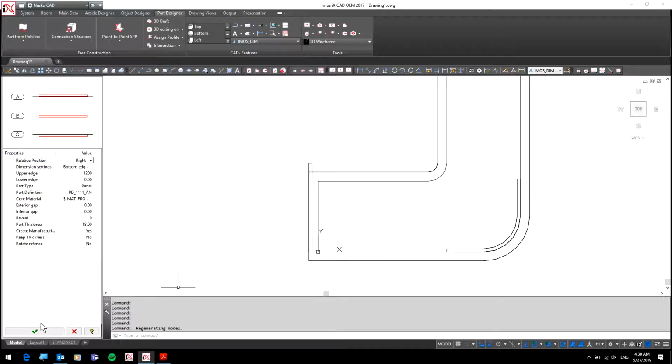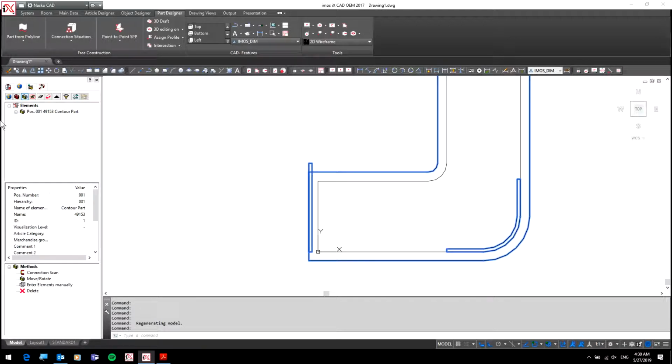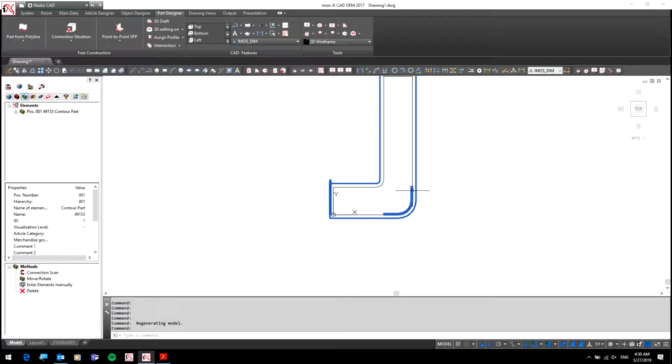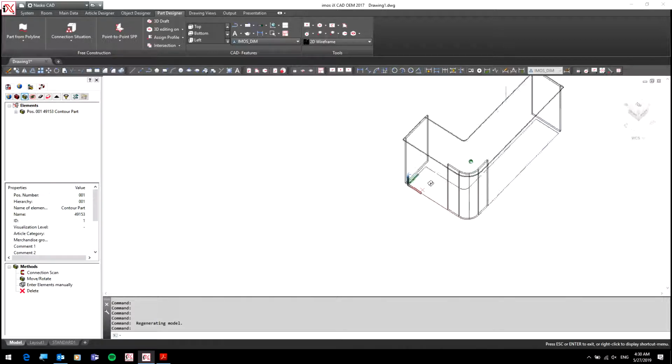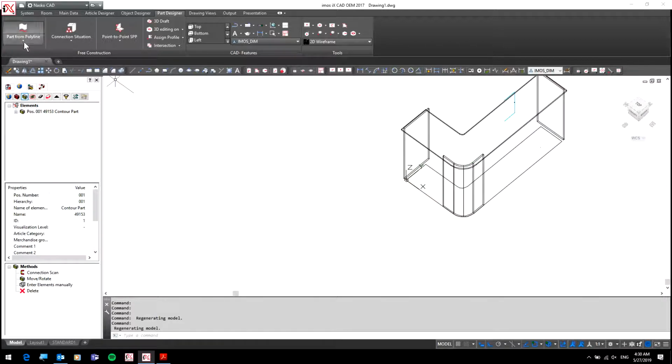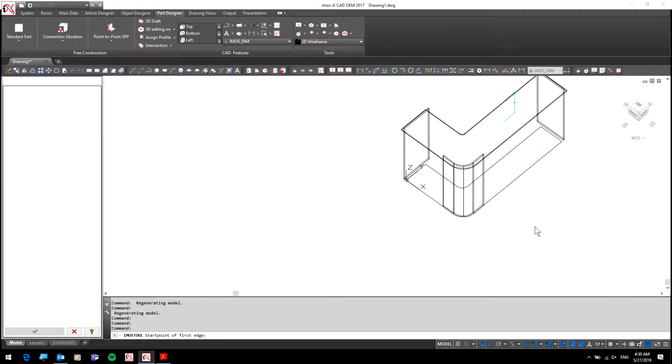And then we click OK. Then we have again one article, and what do we do? We can create a standard part, but first we need to click the cabinet. So click, say standard part, and then for the standard part you go left click, and then it will ask